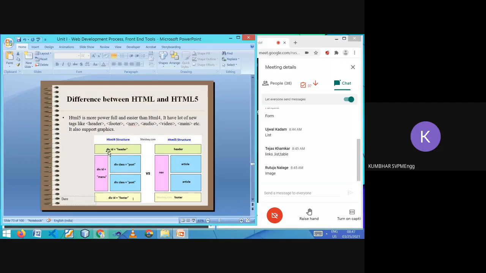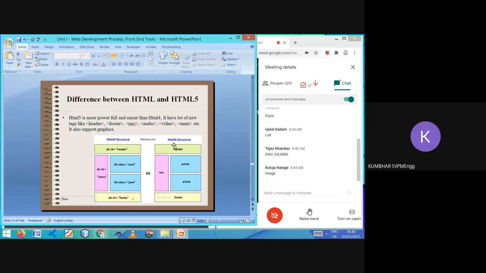So using div, the developer has to create this top header in which there will be the menus, then this left part submenu, then these working parts with the div, and this is the footer where we generally write the copyright, contact us, or the quick information. Are you getting this? This is the structure of HTML4 in which the developer has to divide this with the div.